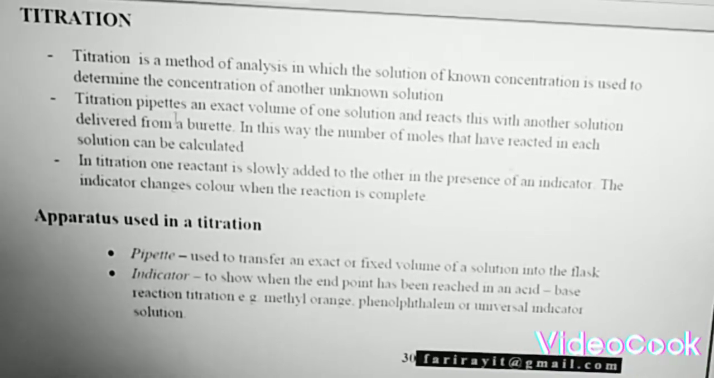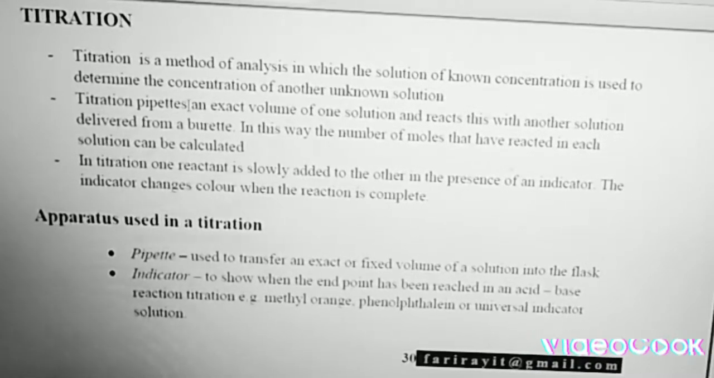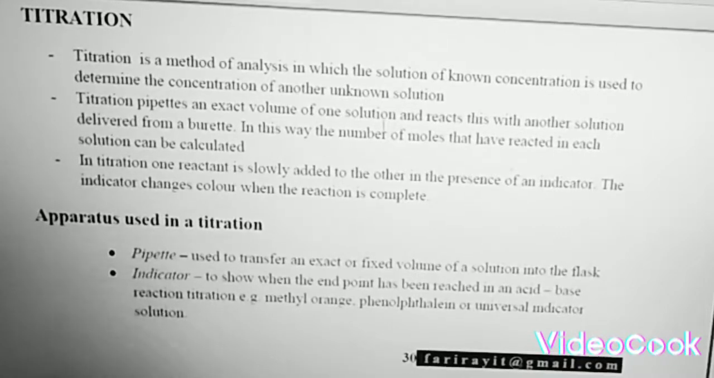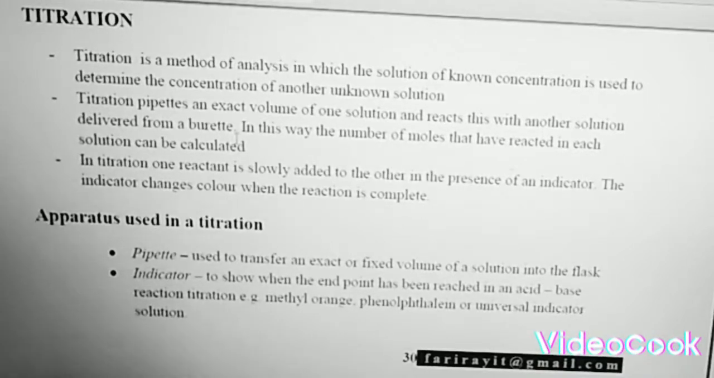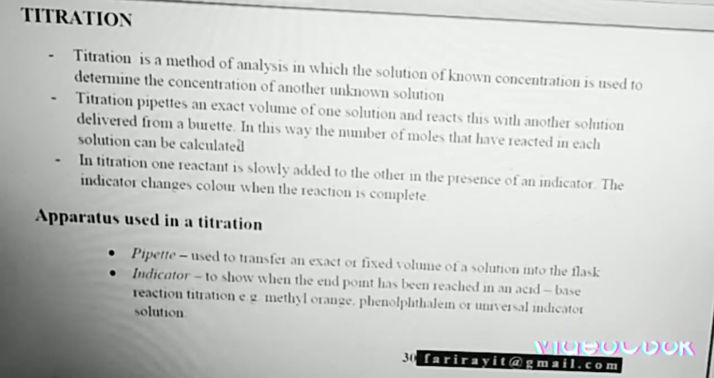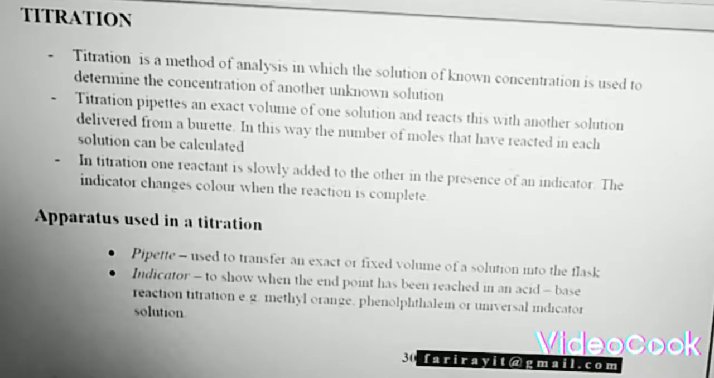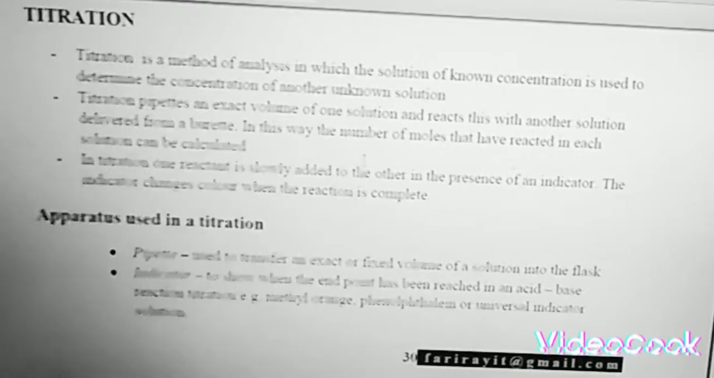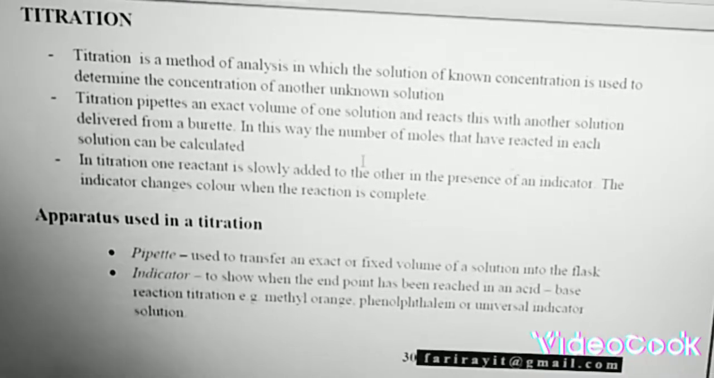So in titration, we pipette an exact volume of one solution and react it with another solution delivered from a burette, right? You will see now just which one is the burette and which one is the pipette. In this way, the number of moles that have reacted in each solution can be calculated. You will see how we'll be calculating our number of moles